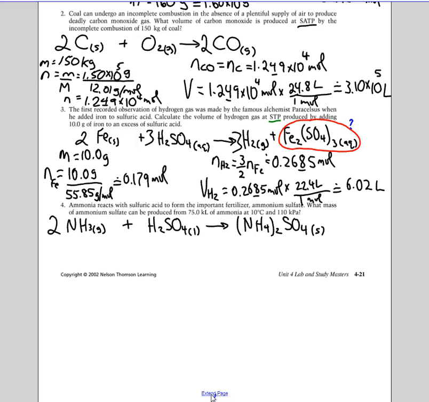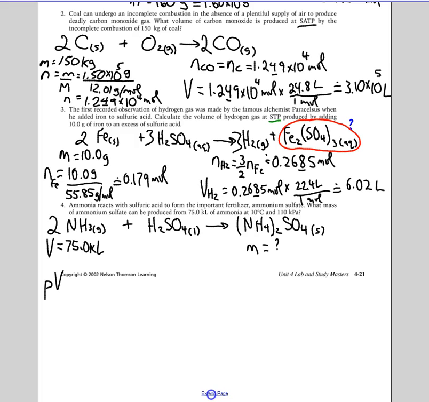It's 75.0 kiloliters. So this is a volume, 75.0 kiloliters. So the measured quantity is a volume. And what we end up wanting to know is the mass of this. Now, since the conditions for this reaction are at 10 degrees Celsius and 110 kilopascals, we can't use standard temperature or standard ambient temperature and pressure because they don't match. So what we're going to have to do is use the ideal gas law,